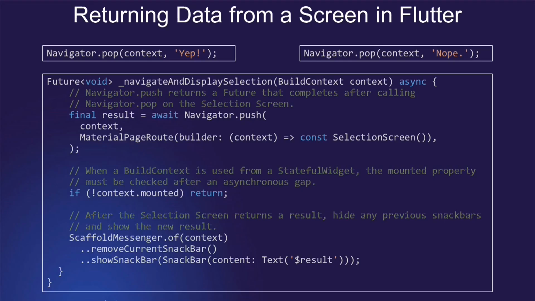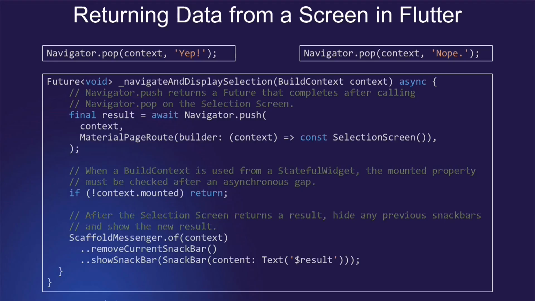The secret ingredient is the Navigator.pop method, because it doesn't just close the screen, it can carry data back home. Here is how it works. When you close a screen and call Navigator.pop with a value, like shown on the top of the screen, that value could be anything: a string, a number, even a custom object. In this example, we are returning the string 'Yep' or 'No'. Now returning data from a screen makes your app feel interactive and connected. Whether it is a picked date, a selected color or a full-blown user profile, Flutter makes passing it back easy and clean.